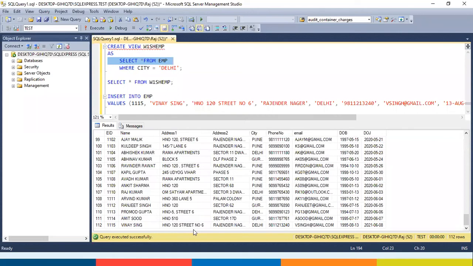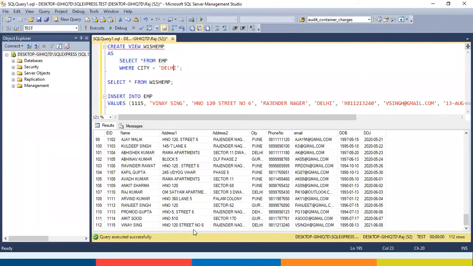Why? Same answer. View is a virtual table. When you ask the view to store the data, the view does not have any rows and columns. So the view will run to the main table and request the main table to store the data, and the main table will store the data.